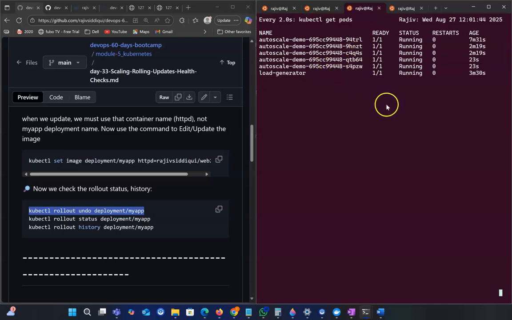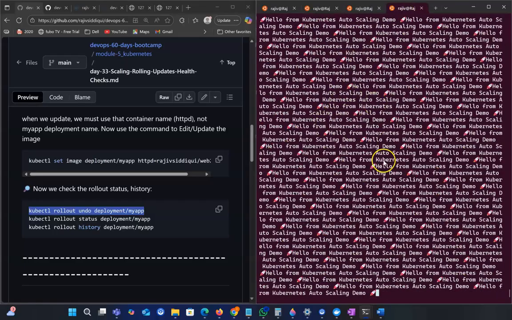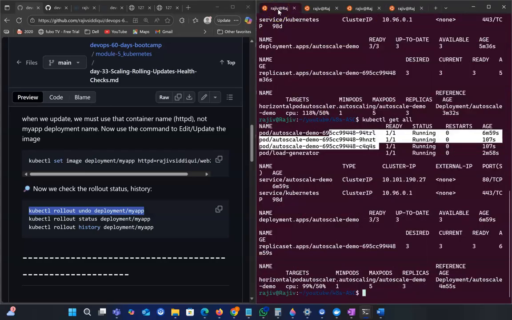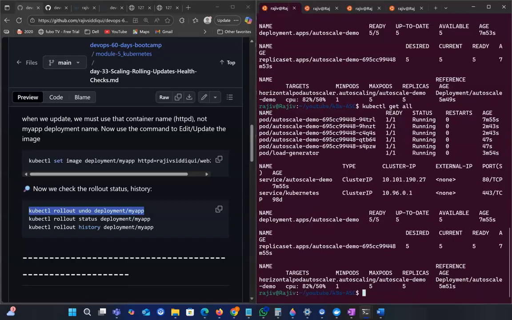So now we need to decrease the usage. For that we need to stop that script, so we type Control C. It will stop that script. Now it will take some time to scale the pods down. Gradually, as the CPU usage goes down to 0,